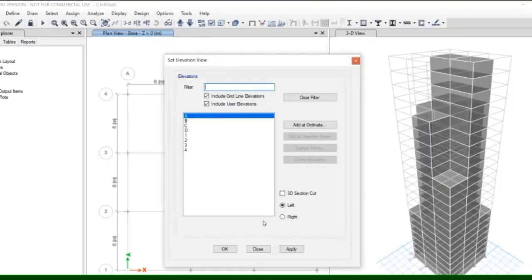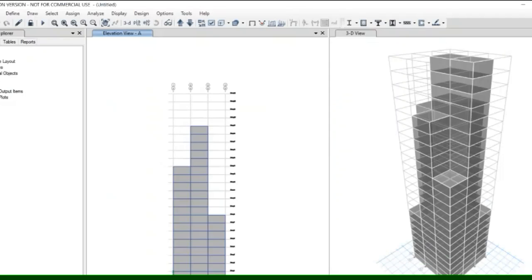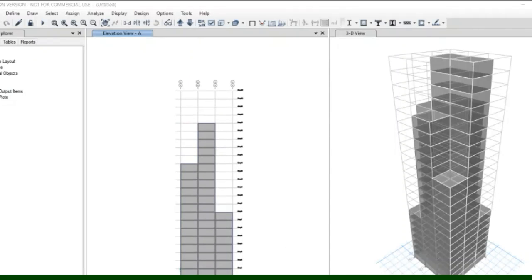Then go to elevation view, select A. Now here we will apply the wind load. Select all the sections of the floor, and here we will apply wind load on that section.